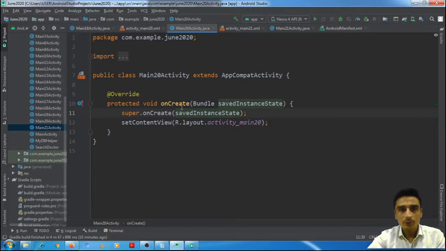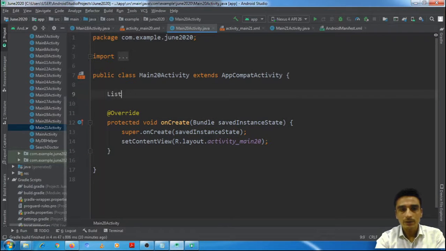Now moving towards the activity. In our activity we need a list view reference.